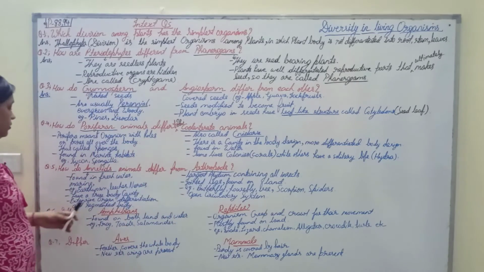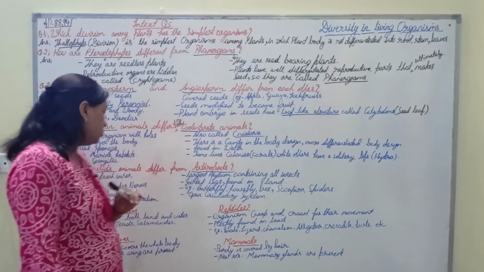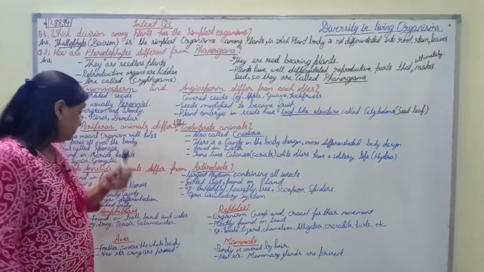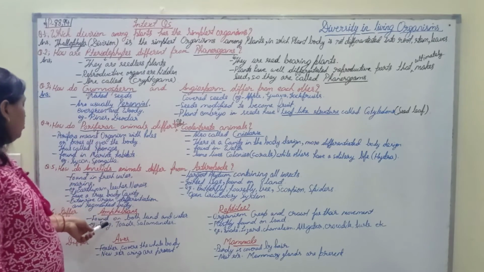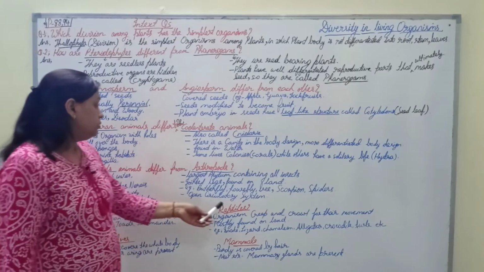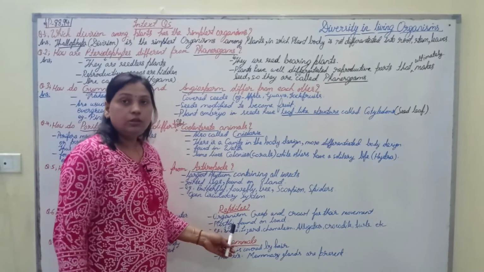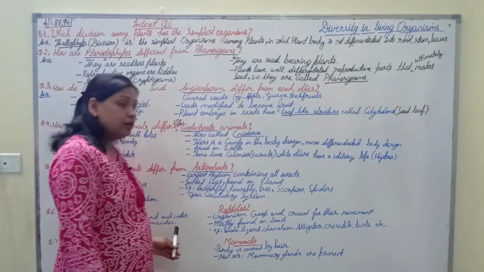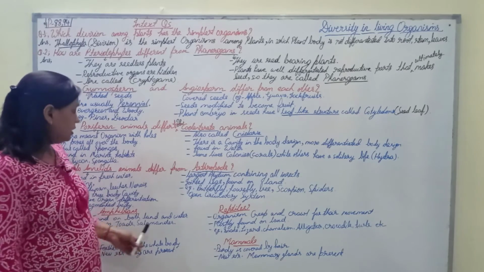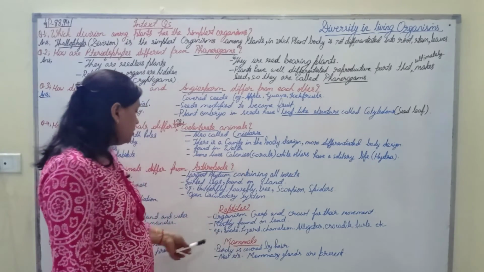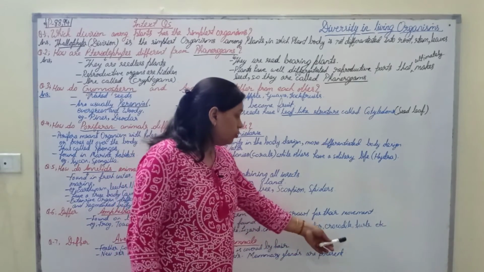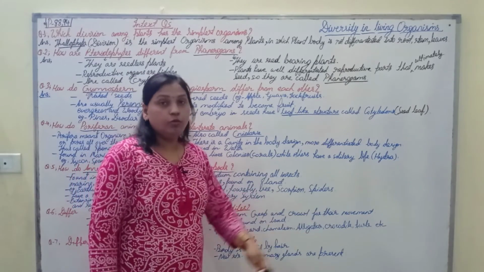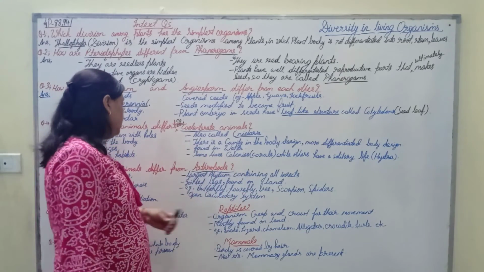Next question says difference between amphibians and reptilians. We have already discussed all these topics in the previous videos. Amphibians are found on both land and water, while the reptilians are found mostly on land. Examples of amphibians are frog, toads and salamander, while examples of reptiles are snake, lizard, chameleon, alligator, crocodile, turtle, etc. Organisms that creep and crawl for their movement come under the group reptilians.